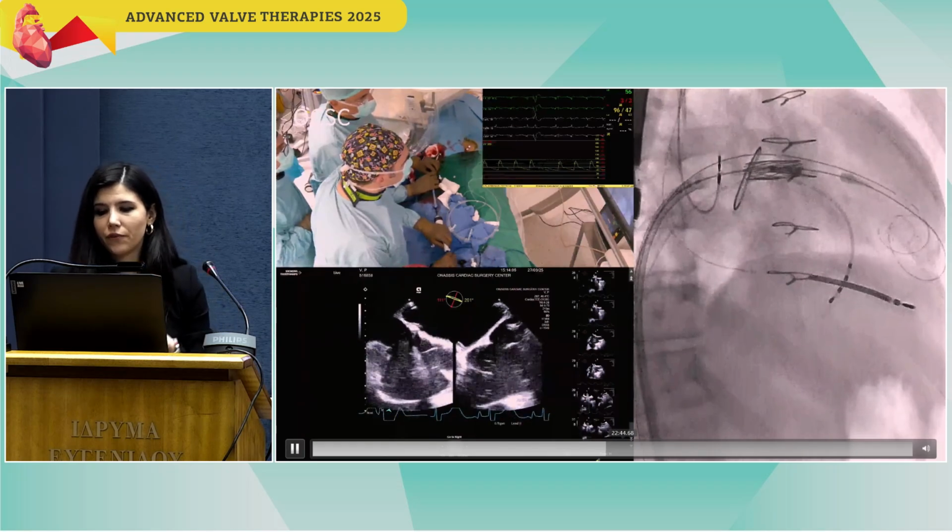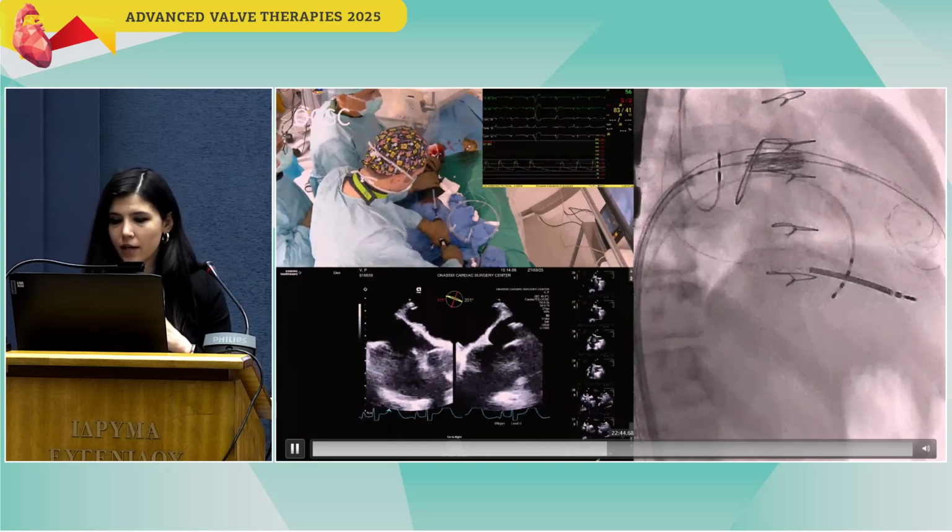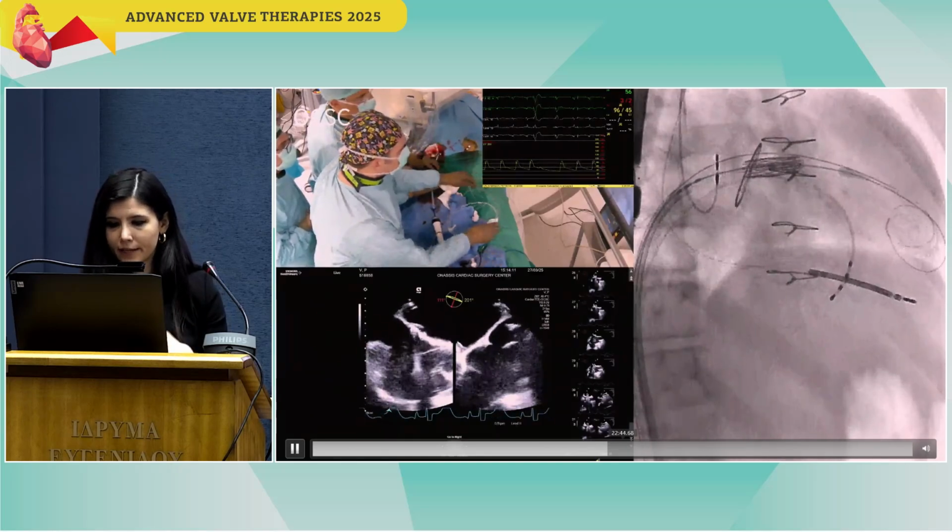Okay, so you can see the valve through the delivery system. It's reaching the mitral ring. So after confirming optimal positioning of the valve just in the center of the mitral ring,